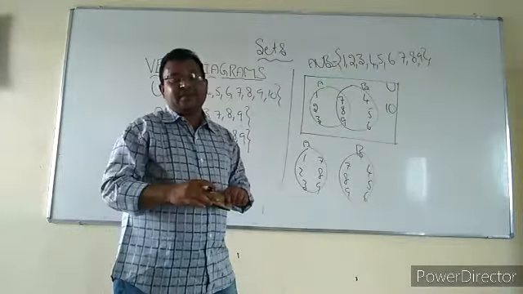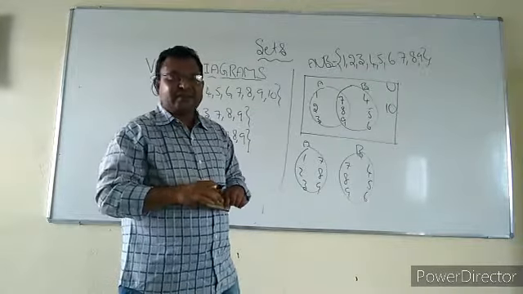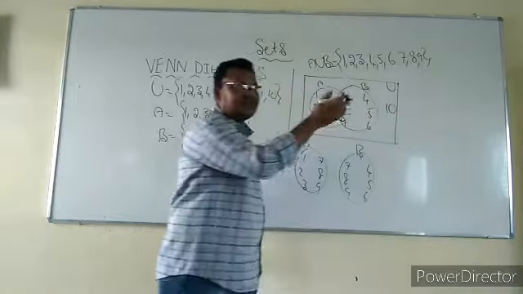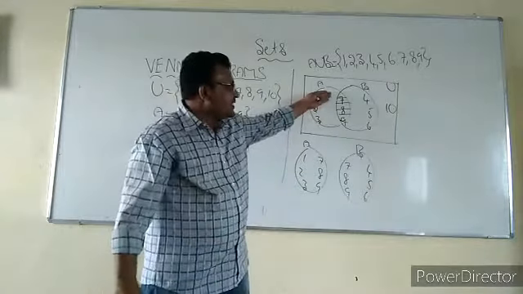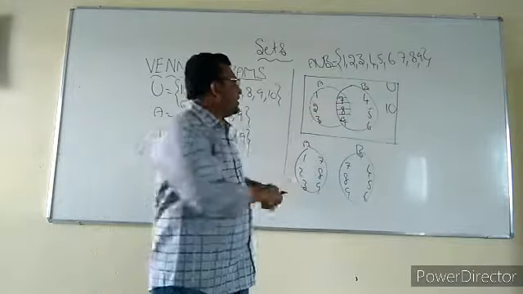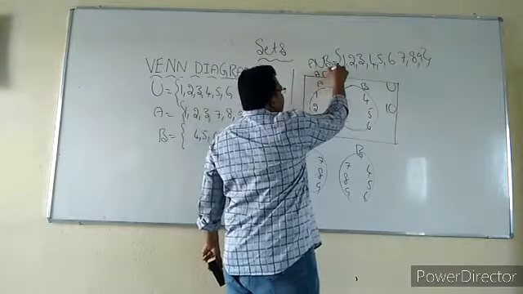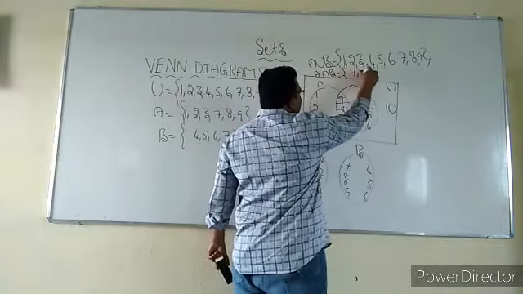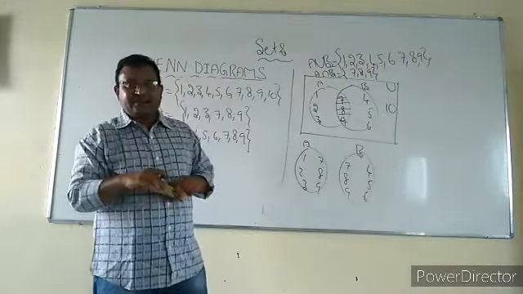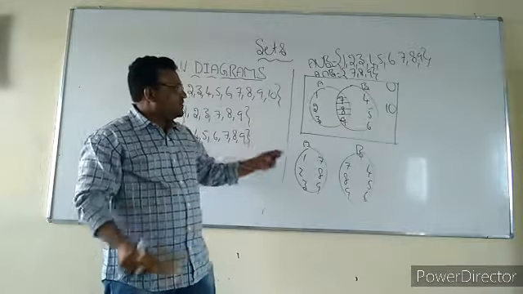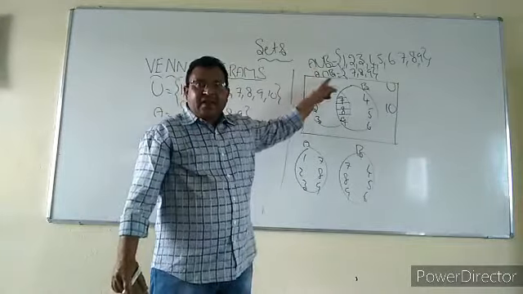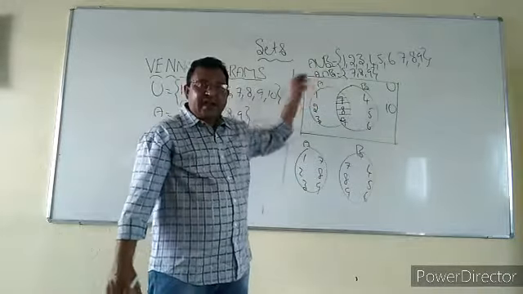A intersection B means we know common elements. So the common element part is this one. This is the common part for both the sets. By seeing only we can say, so common part elements are 7, 8, 9. A intersection B is equal to 7, 8, 9. So it will reduce the time for calculation. Need not calculate, need not observe. Just by seeing the diagram only, we may say A union B, A intersection B, and moreover